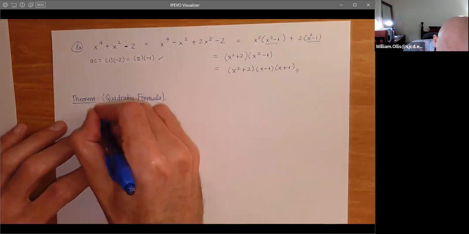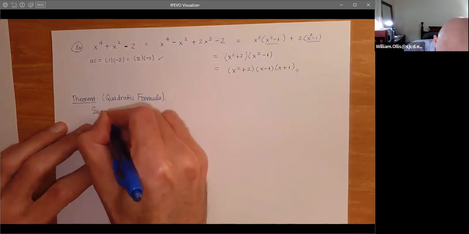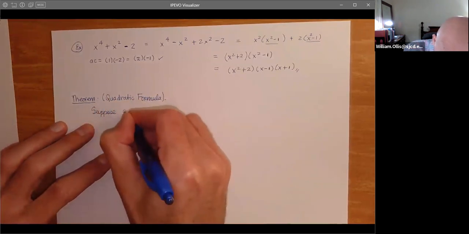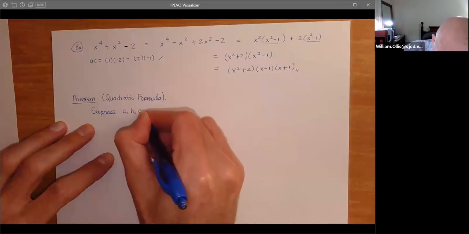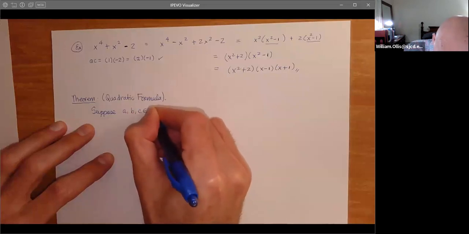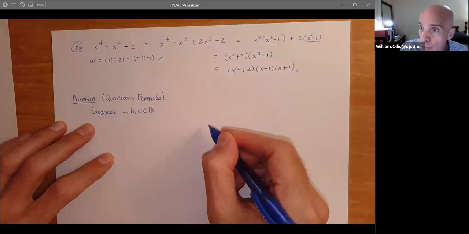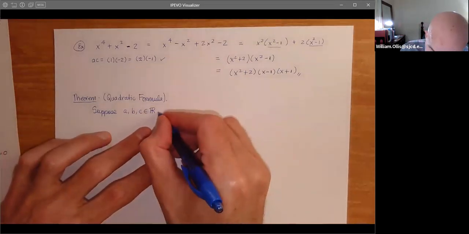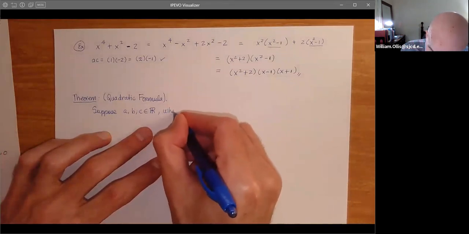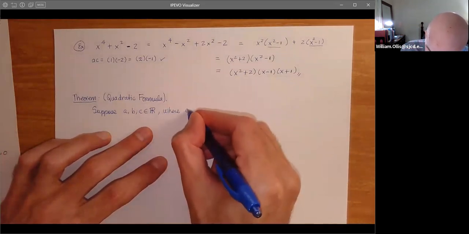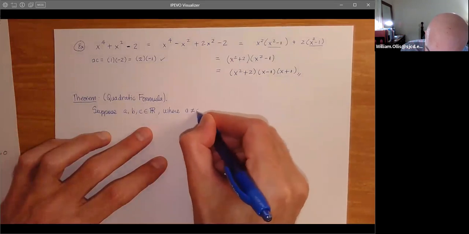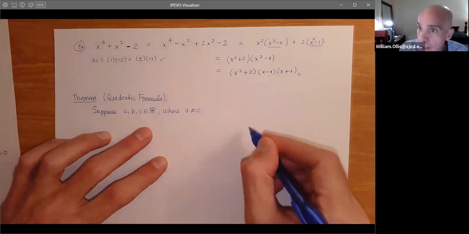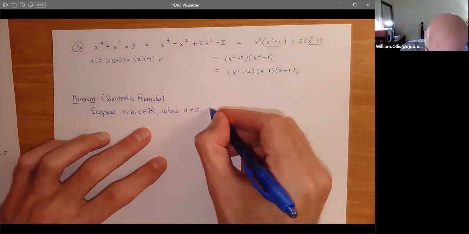So for now, we'll just suppose that A, B, and C are real numbers. Again, not necessarily an integer polynomial, even though that's pretty much what we'll be dealing with in this class. And we'll just say where, in this case, A is non-zero. We certainly want to have an x squared term. Then,